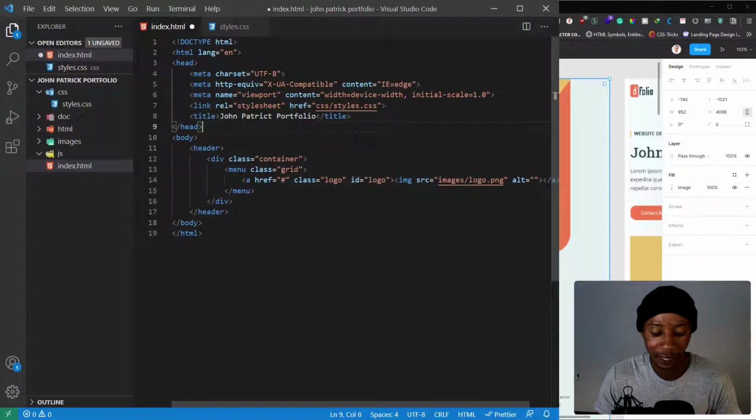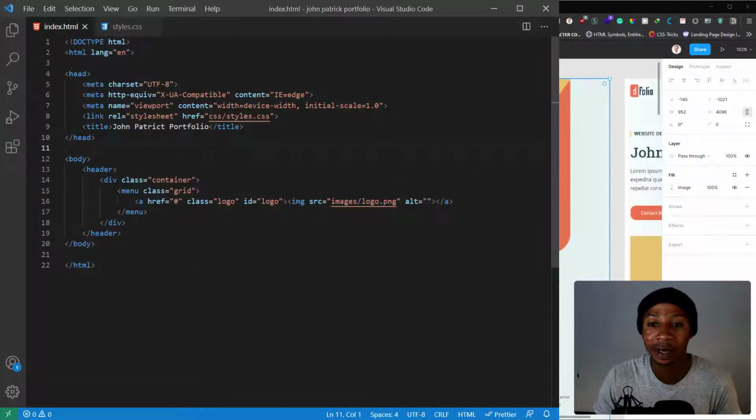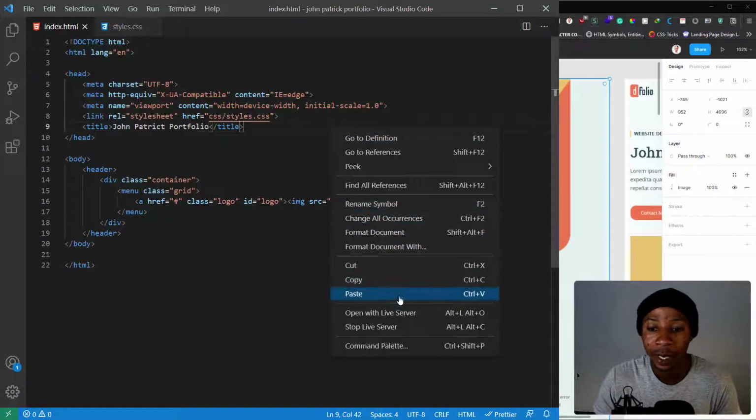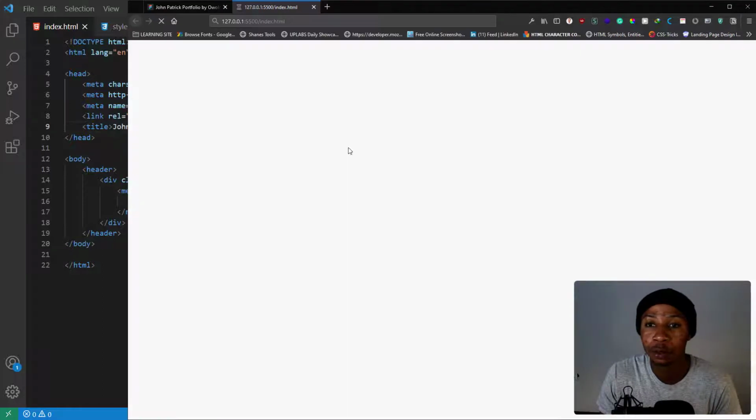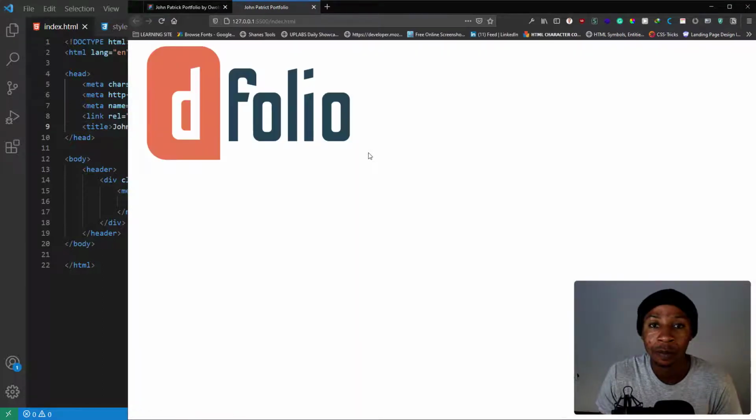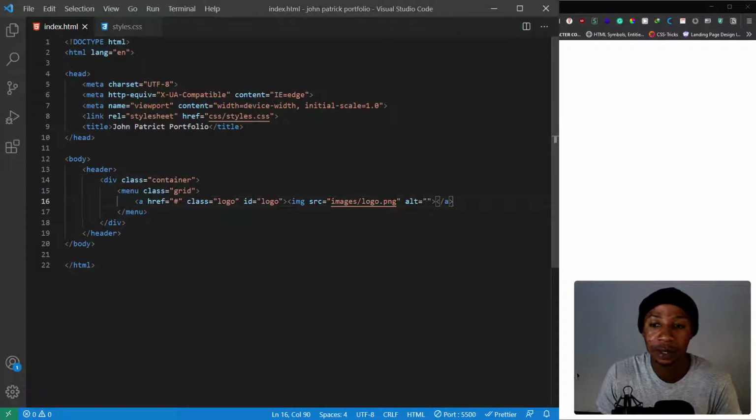So let me just save this and close this sidebar. I'll open this using the live server in VS Code. So this is opened up. This is all we've created. This is the image, which is the logo. So let's go on, and now I want to create